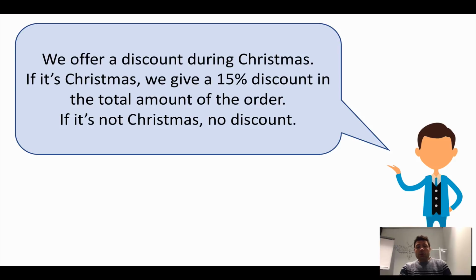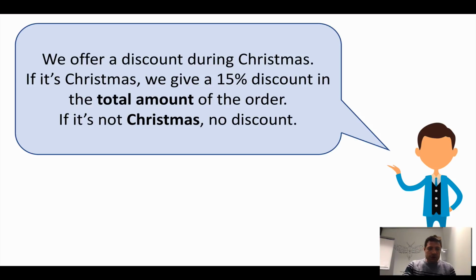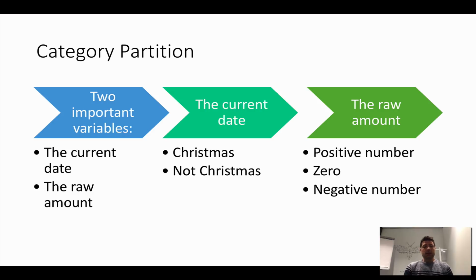Then I went to another concrete example. So we are offering a discount during Christmas. If it's Christmas, we have discount, not Christmas, no discount. Again, I try to look for keywords in the specification that would help me to review the partitions. And then the two important variables that I see there, date, raw amount, Christmas, not Christmas,